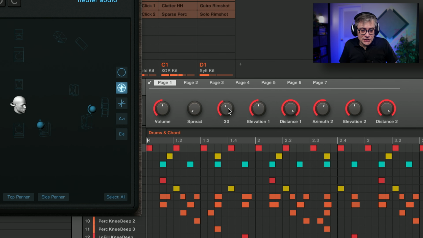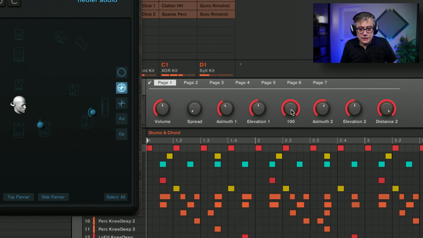And then we can change the azimuth for the first channel and the second channel. The first channel is the left channel. The second channel is the right channel. And we already see that the azimuth, which is the horizontal direction, is slightly to the left. So if we want to move that even further to the left, we can do that, and that will essentially move the object more to the left. Or we can also move it upwards by changing the elevation. And we can do all kinds of things with it.